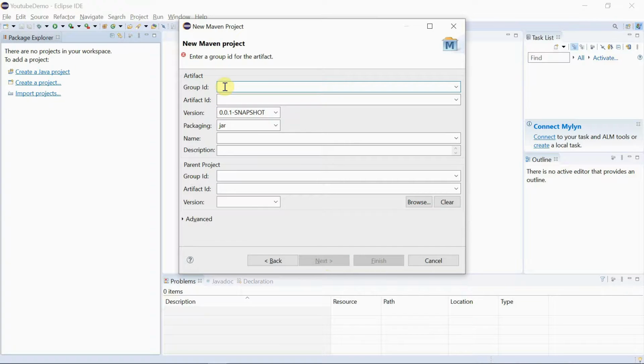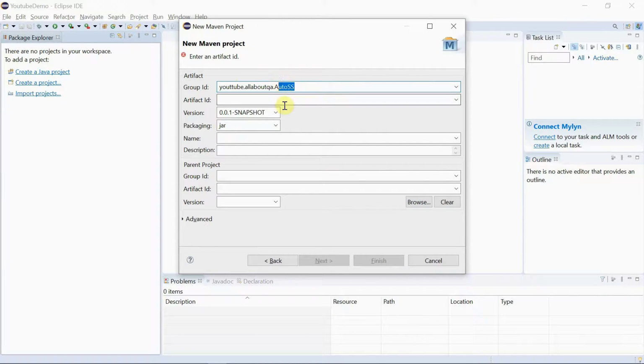Click on Next. Now in the group ID and artifact ID, you can enter any text whatever you want. I'll just give something like this: youtube.allaboutqa.autoscreenshot. So AutoScreenshot is our project name. I'll keep it in caps.